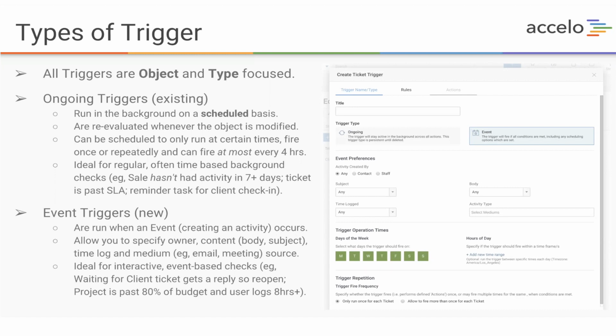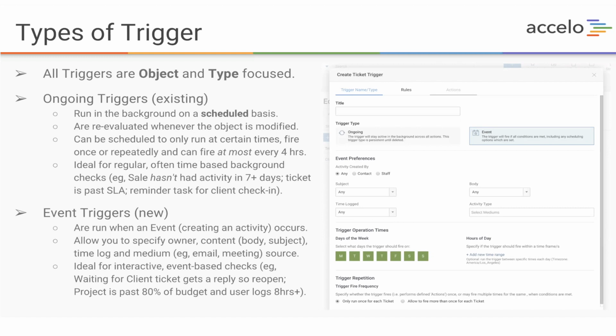Now, the problem with these rule-based background checks is they weren't able to handle the scenario of, hey, somebody just sent us an email. So an example would be, you've got a support ticket that's currently in a status called waiting for client because you sent the client an email and said, hey, I need some help, or I need some extra information before I can work on this. When that client replies, you really want Excello to be automatically able to change the status of that particular ticket across to be now active and running. And the problem is